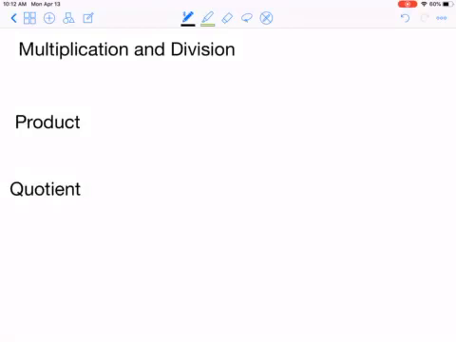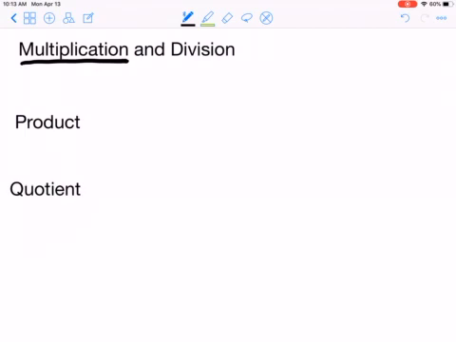Hey everyone, today we are going to be discussing multiplication and division. I'm going to do a little intro to refresh our multiplication and division, and then we're going to go through a few word problems. So with multiplication, remember the big idea is that we want to have equal groups and